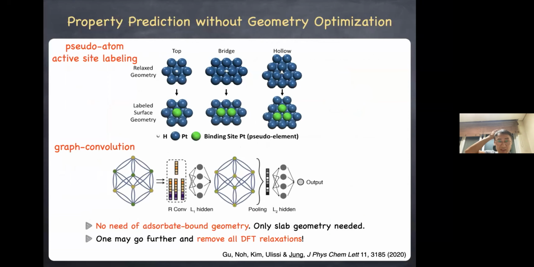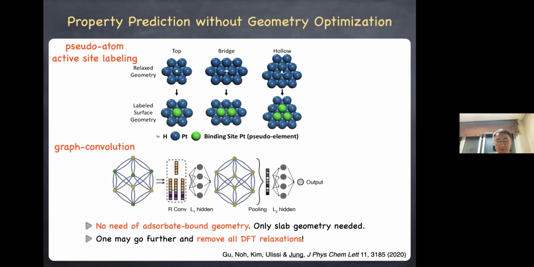So the motivation of our work in this field was that it would be good to have a model that could predict the binding energies without geometry relaxations. To that end, we removed the adsorbates on top of the surfaces and labeled the active site atoms as a pseudoatom, a fake atom.